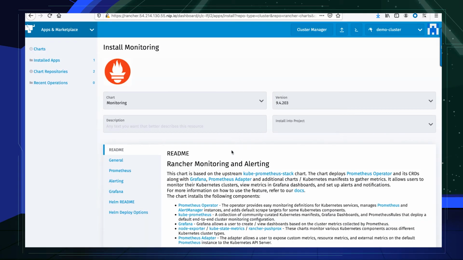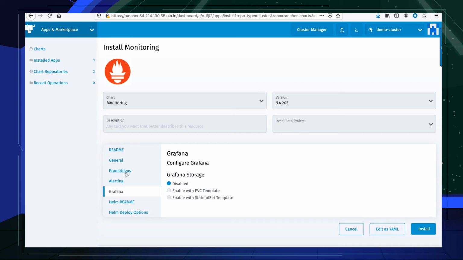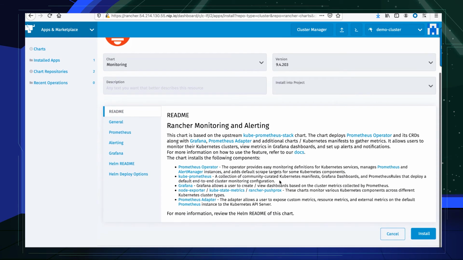We click on that. Now we have a number of options here, from selecting a version to a number of configuration options that are surfaced to us from the Helm chart itself, where you can enable, disable as you see fit. We're not going to change any of those for the purposes of this demo. All we're going to do is install it, then Rancher will come back and give us an update on that